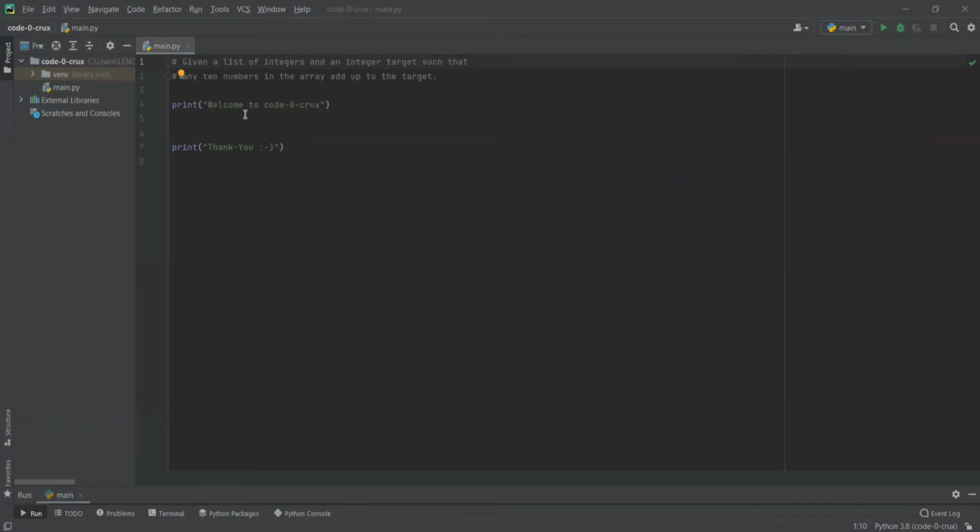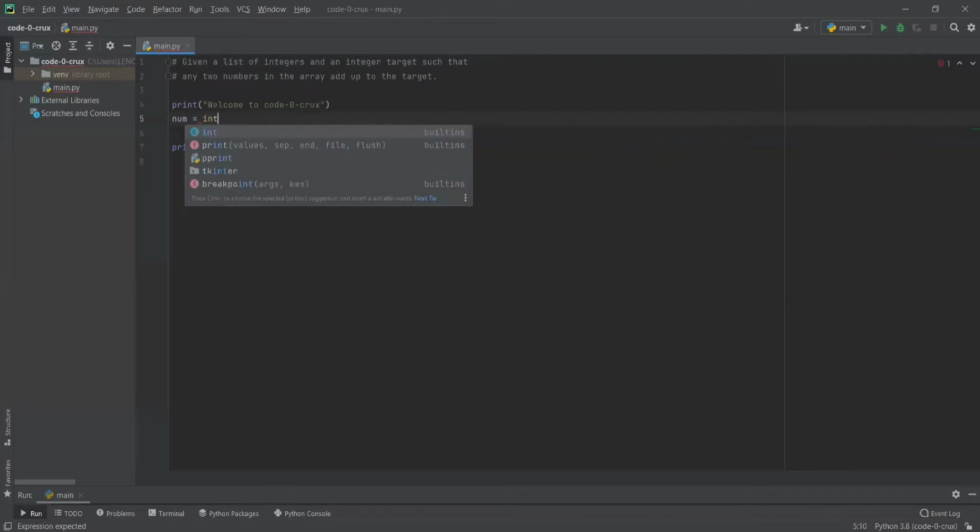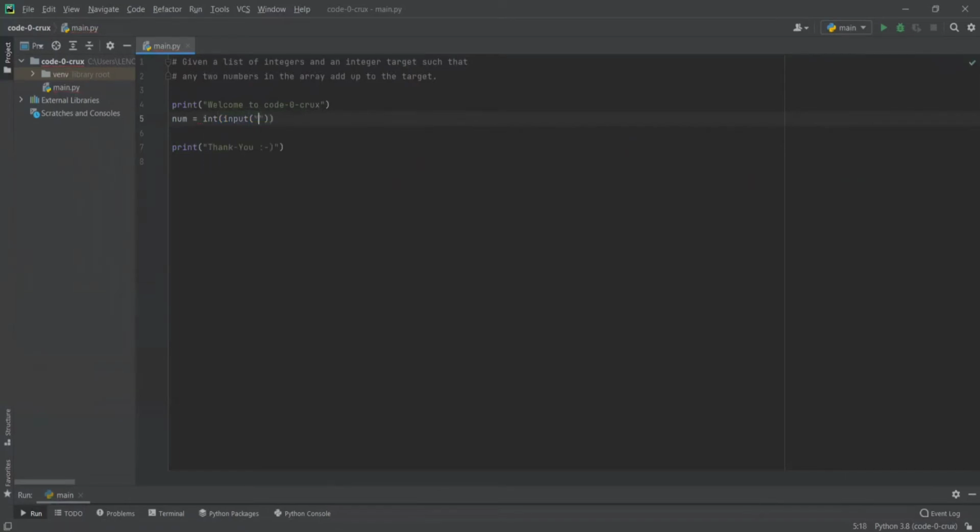Okay, now let us take a look at the code. So first we will declare a number, which will be the size of the list which we have seen. In the previous case, the size of the list was 4, that is 1, 2, 3, 4. So 4 was the length. So that will be an integer. We will take an input from the user. Enter number of elements in the list. So this would be the statement for entering the number.